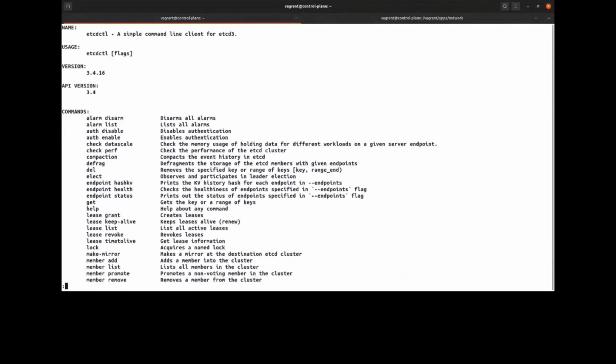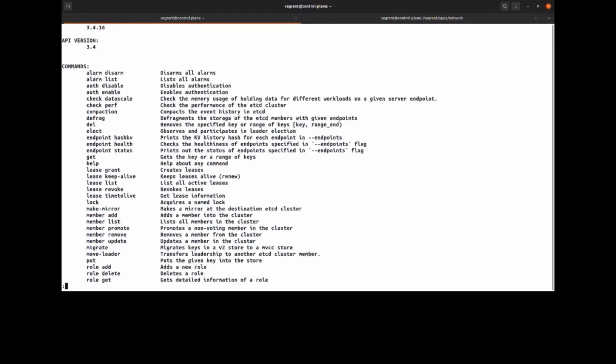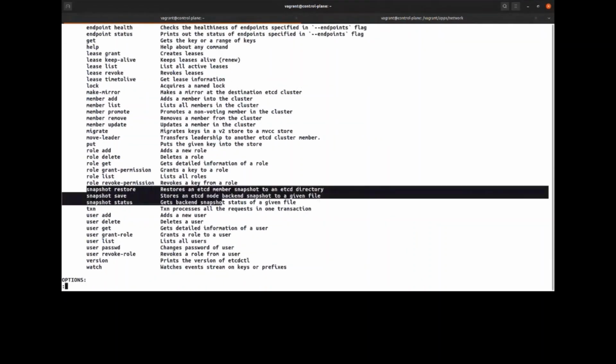Without setting any environment variable, I have lots of options I can use: member list, migrate, but the one I'm interested in is snapshot. And you can see I have three commands that I need to learn: restore, save, and status.